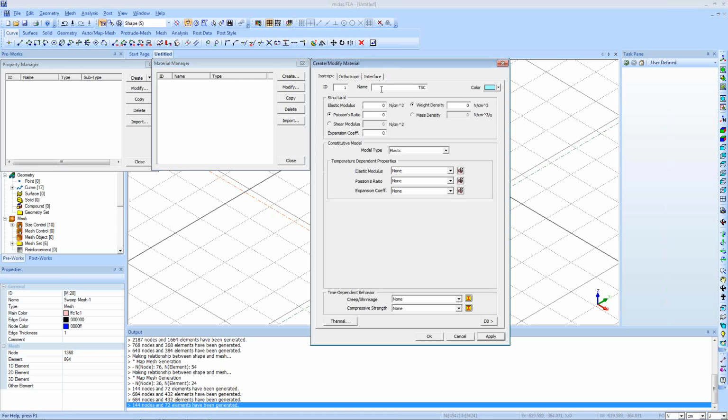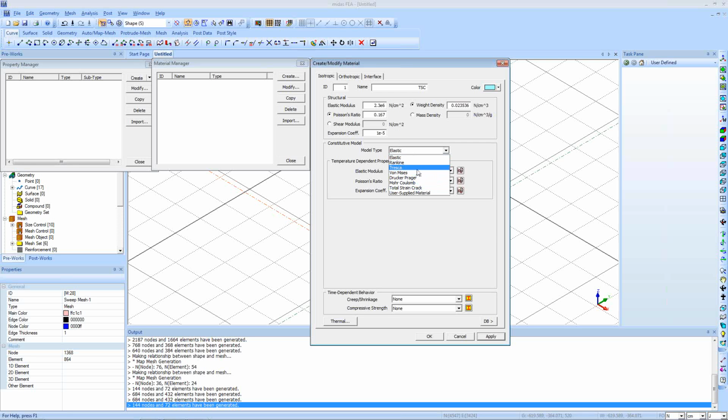I'll define total strain crack material, elasticity 2.3 into 10 raised to the power 6, weight density 0.023536 Newton per centimeter cube, Poisson's ratio of 0.167, expansion coefficient, let it be 1 minus 5,